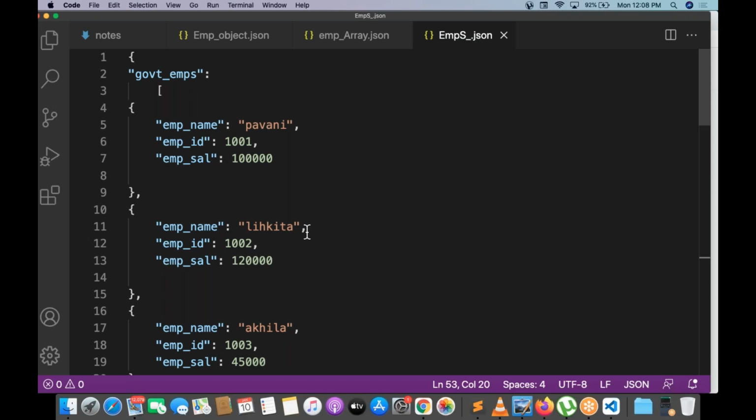You have to convert the JSON file into JS first. Why? Because HTML can understand only JavaScript. HTML can't understand JSON directly. HTML and JSON, there is no communication, guys. But I want to show the JSON data on top of the HTML.